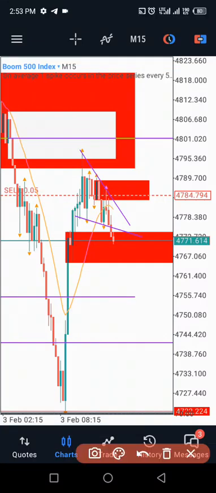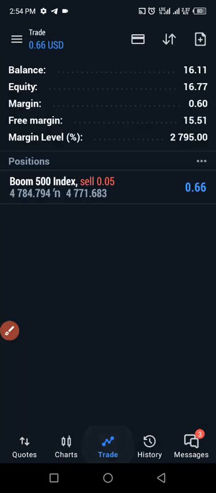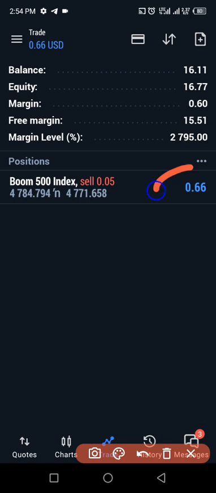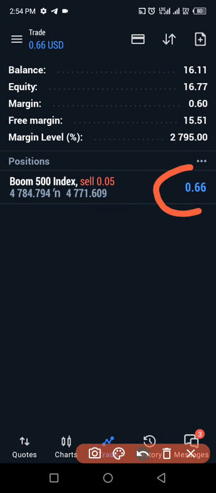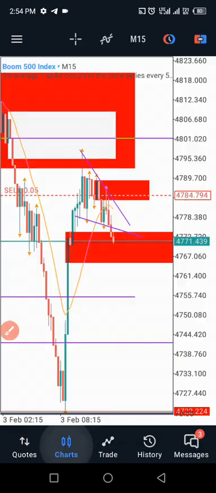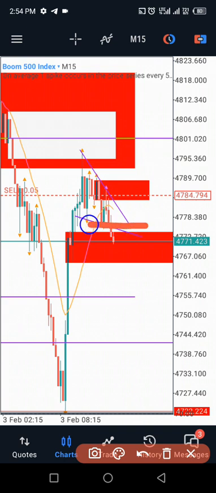Price has finally come to my zone here. Okay, so you can see that we are in a sell already, and we entered with this small lot size of 0.05. Okay, so price has gotten to this zone already. I'm going to open another position, but I want price first of all to break out of this